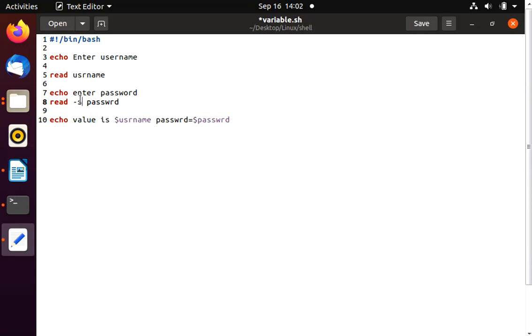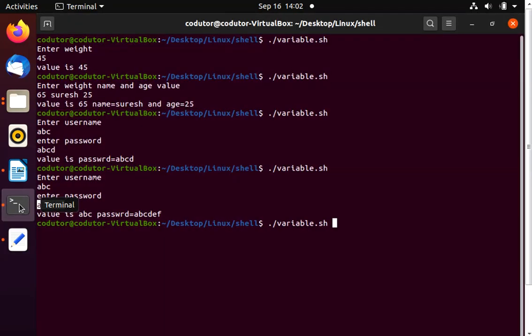So let's see the behavior now. Again run this script, username will be the same, ABC, enter, and now it's asking for the password. Here the password will be 12345. I'm entering the password, but you won't be able to see what I'm typing.